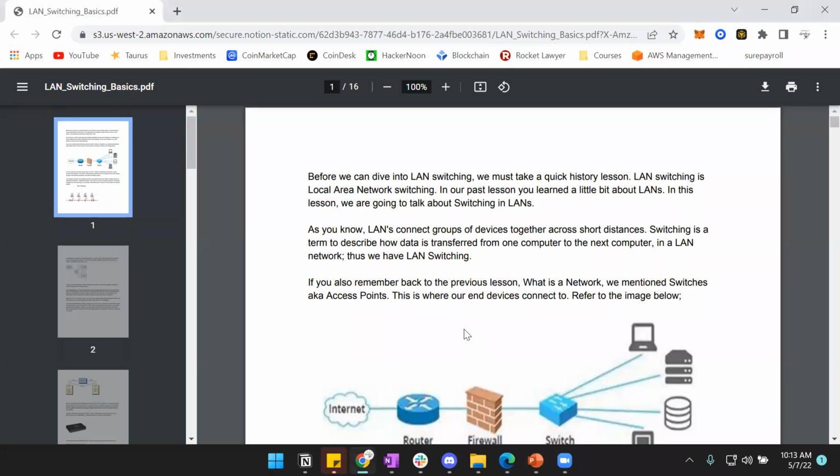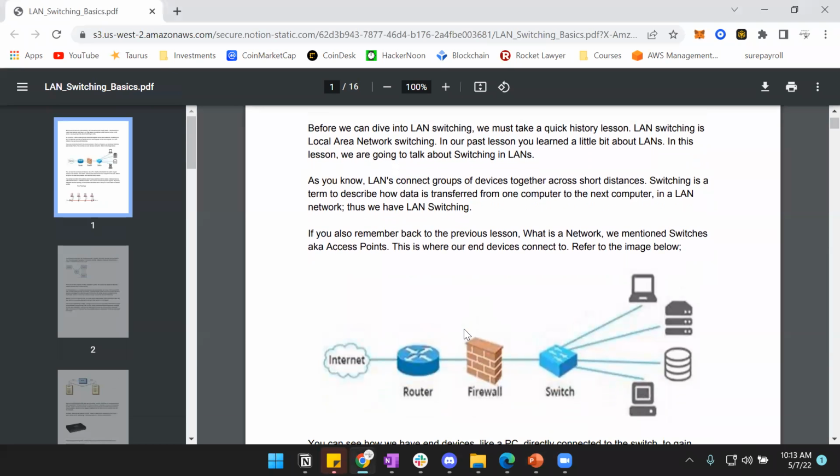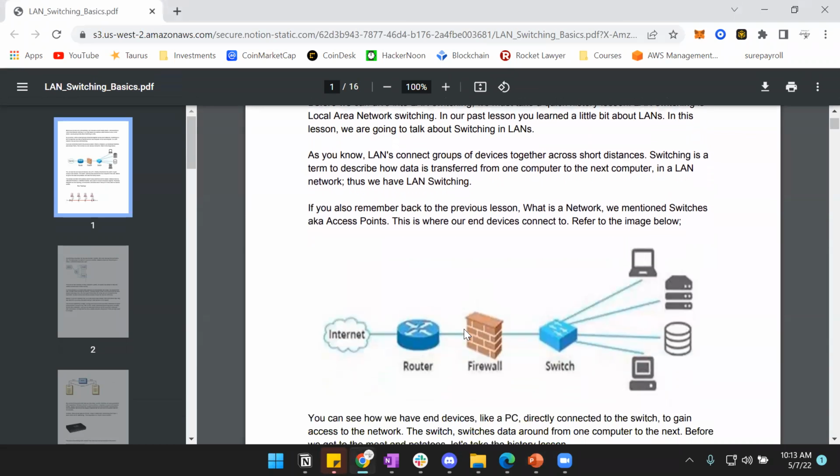Now, again, this is a little blog that I wrote. I'm not going to go too deep into it. I do want you guys to read over it. However, just a high-level overview, we talked about our different types of networks: WAN, MAN, CAN, LAN, right? And LAN switching is local area network switching, right? It is where we have data that's being switched, that's being transmitted locally, only in our network, not in the